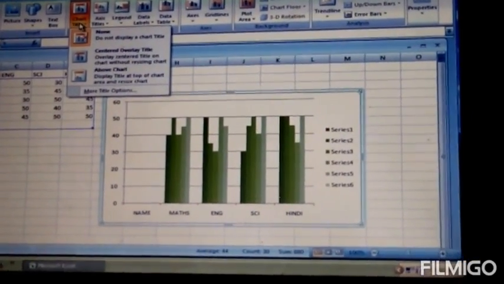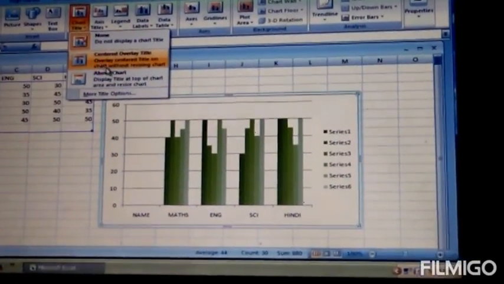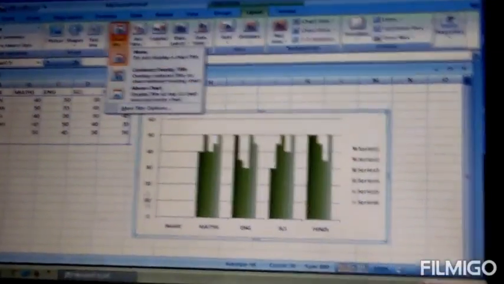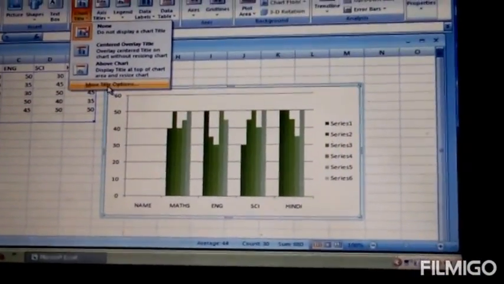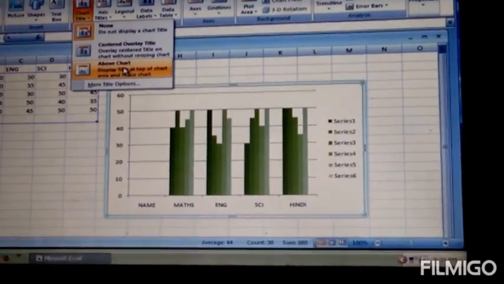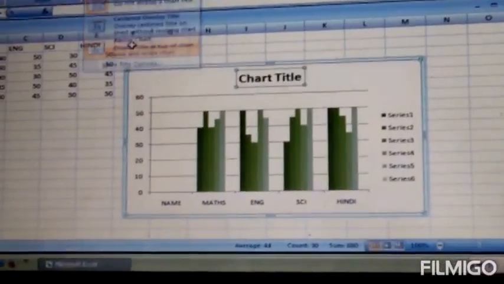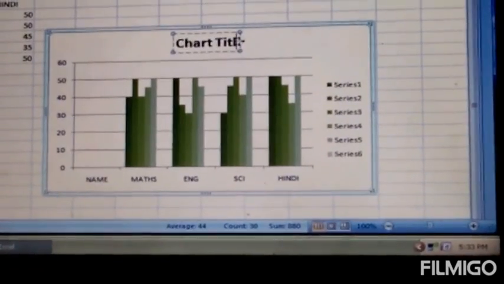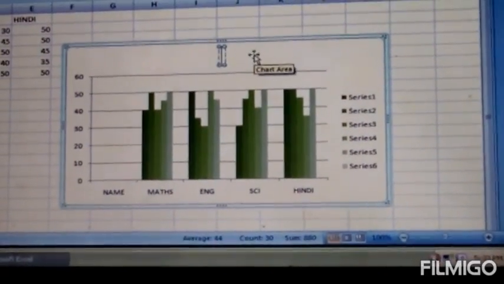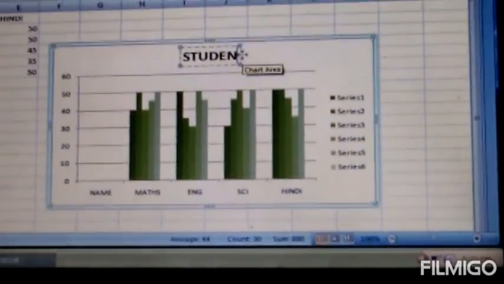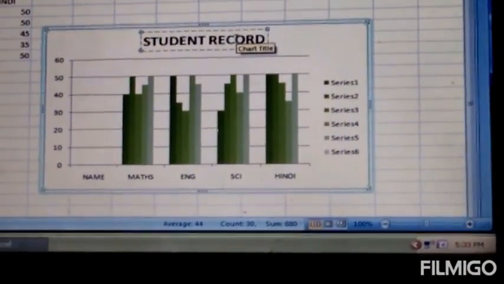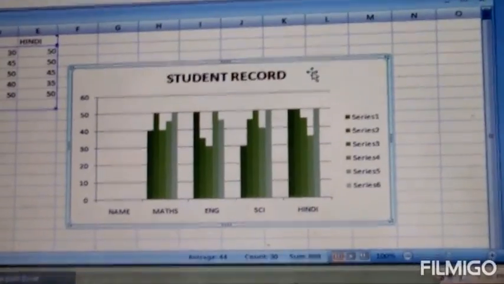You can select the area where you want to place the chart title, like above the chart, centered overlay, or below the chart. We want it above the chart like this. Click here and type the name of the chart, like student record. We can add the chart title.